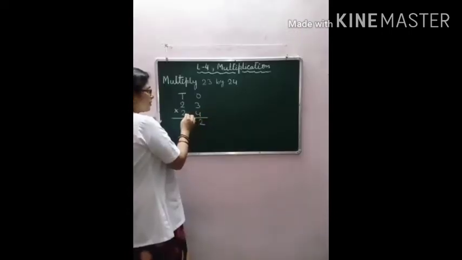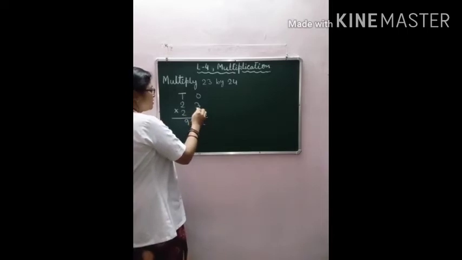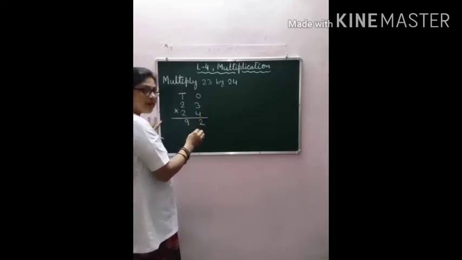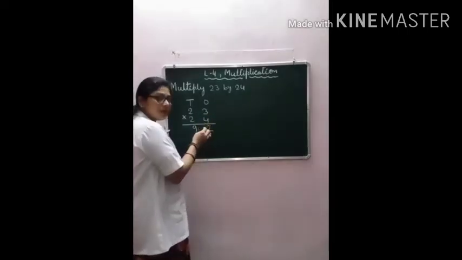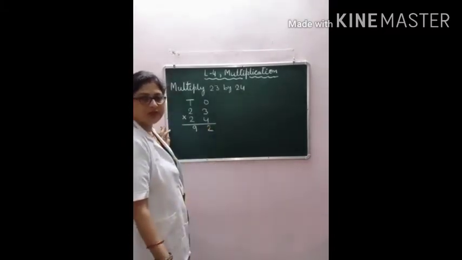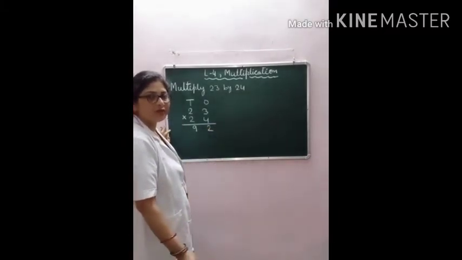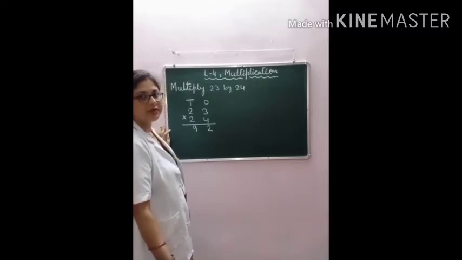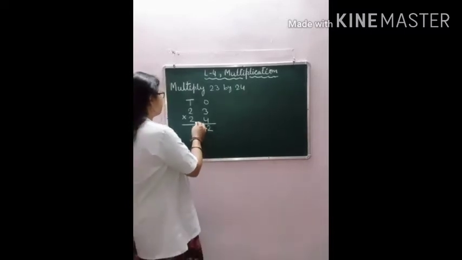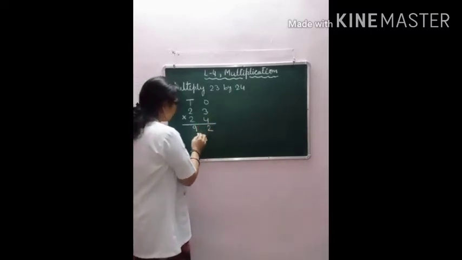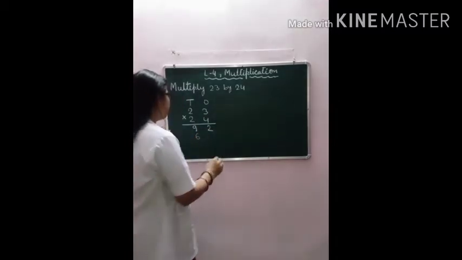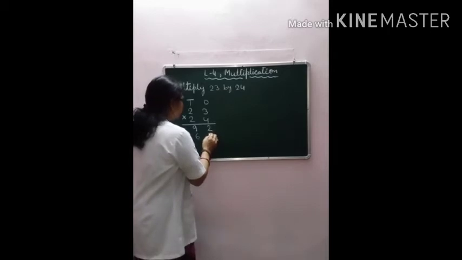Similarly, we will multiply by this number 2. So 2 3s are 6. Now where should I write the number 6? Remember that from which place we are starting our multiplication, we will write the answer that we get after multiplication below that place. So we will write 6 at the tens place. Now what we will write here? We will write here 0.